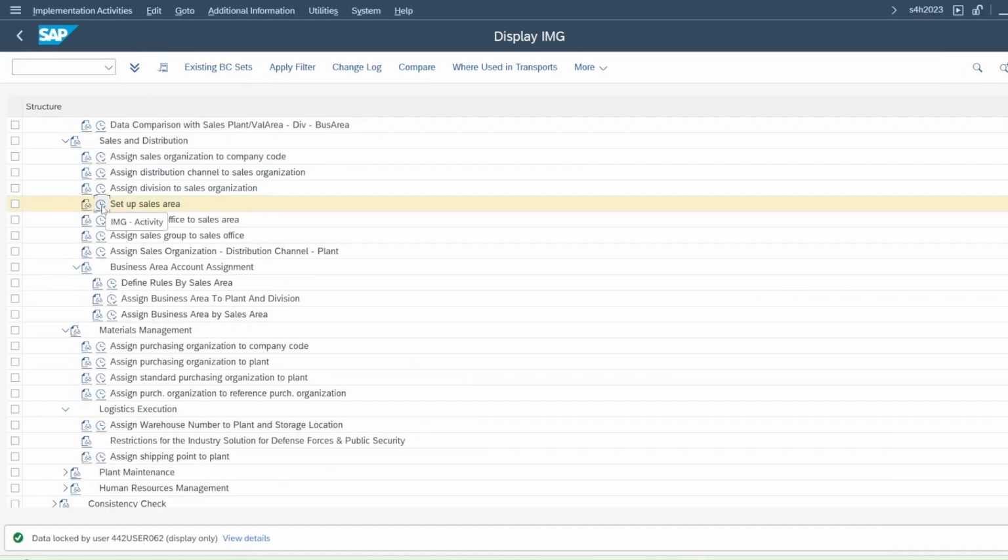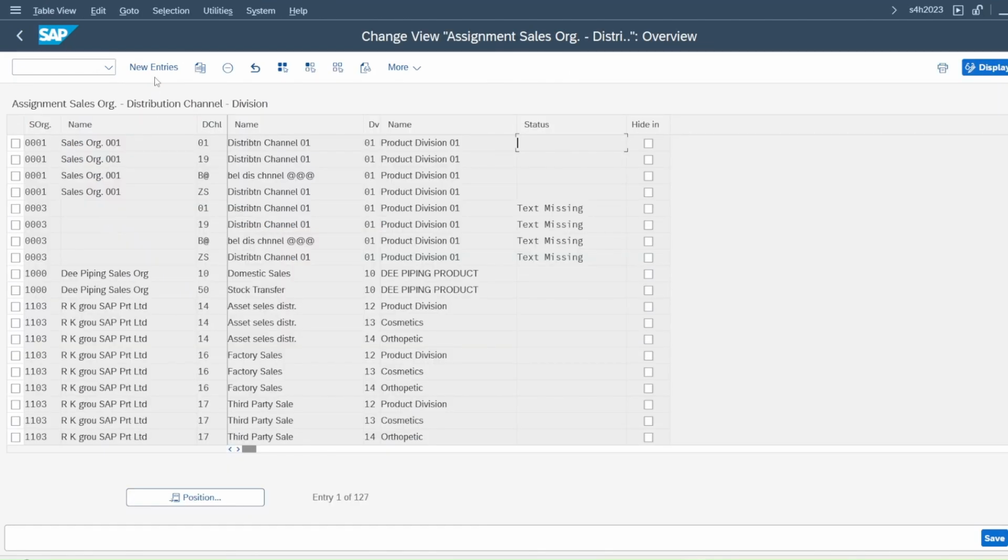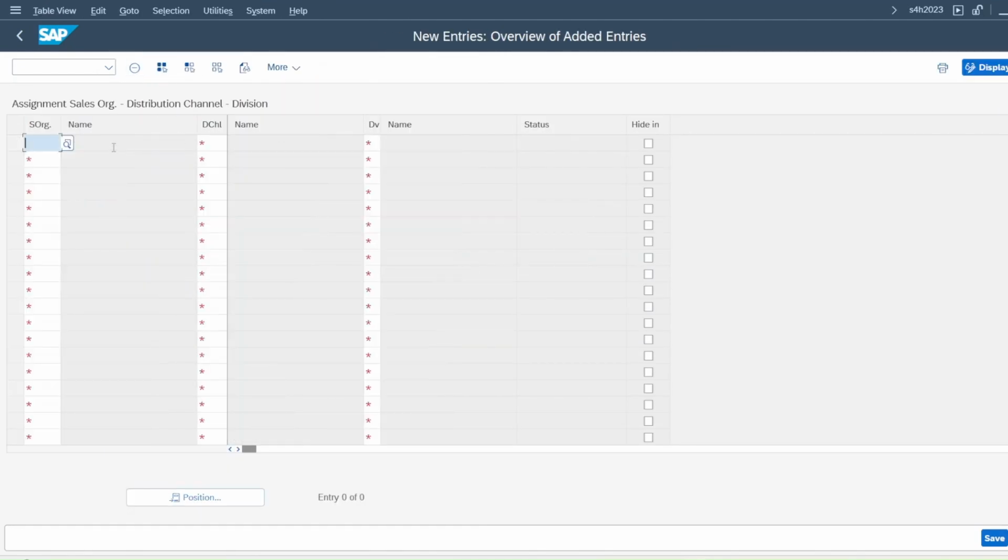Now what I need to do is set up sales area. Here I can do my sales area. So what I've done is sales area JP00, and two distribution channels I've created. One is JP, division is JP, and so the combinations